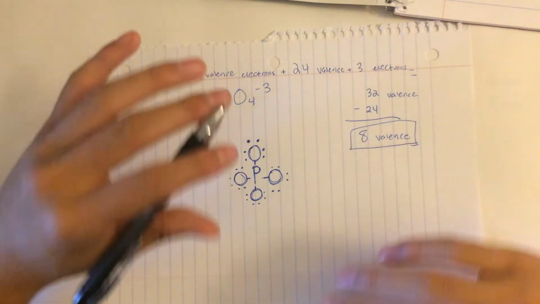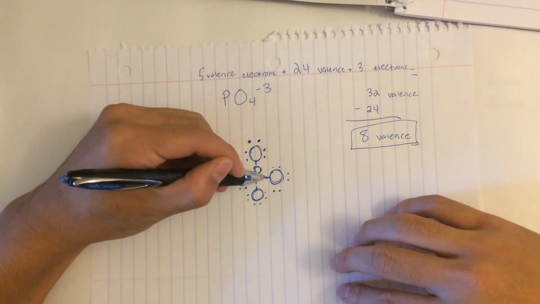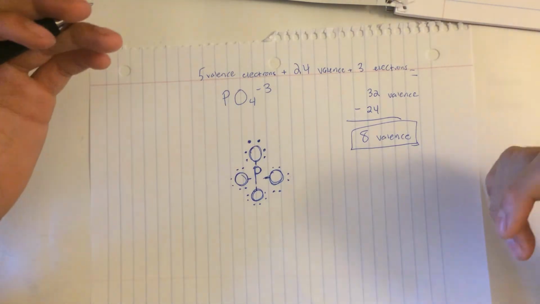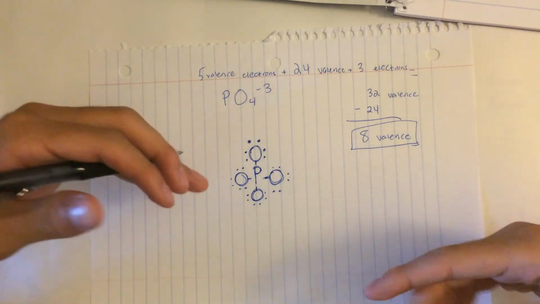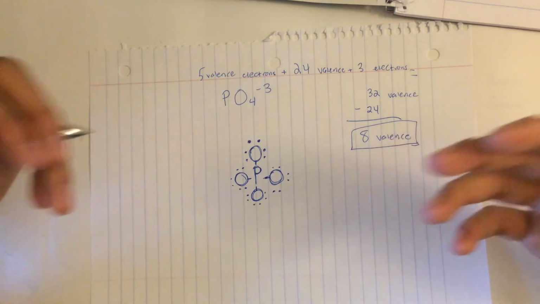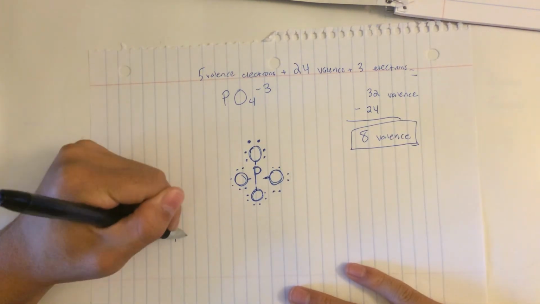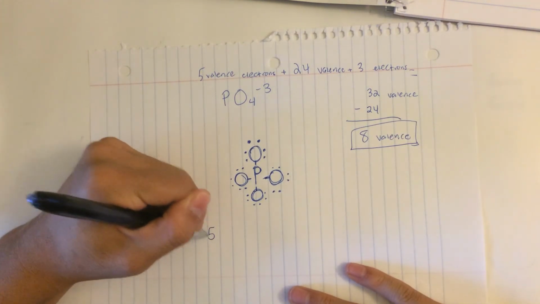Now we canceled out all the valence electrons. But there's something tricky about ions, because this is not the most optimal formal charge, because if we calculate it, phosphorus has 5 valence electrons